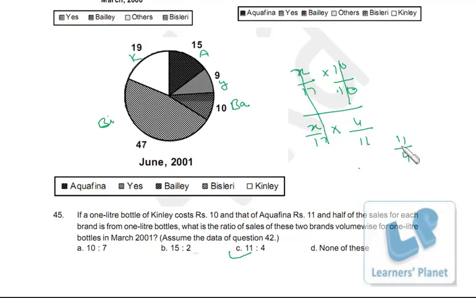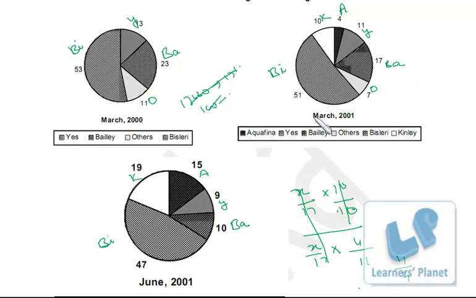So very simply we can do this. Instead of writing down the value of X over here, since X by 17 is constant for both the products, you can definitely cancel that. If you wish to write it, you can, otherwise not necessary. Basically, from the entire sales, the contribution of Kinley is 10% of entire sales, and its price is 10 rupees per bottle. In both the cases half of sales is from 1 liter, so we don't have to consider that half point. So the 10% will get cancelled.